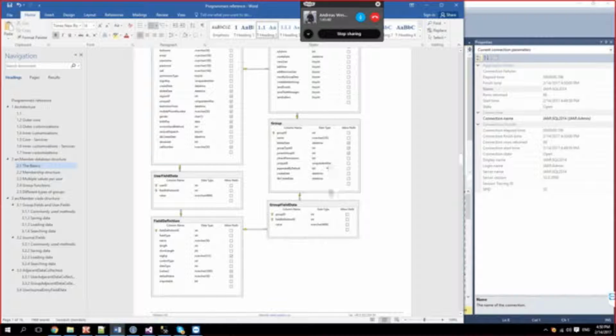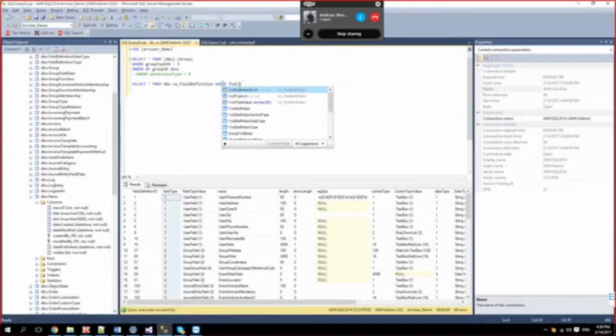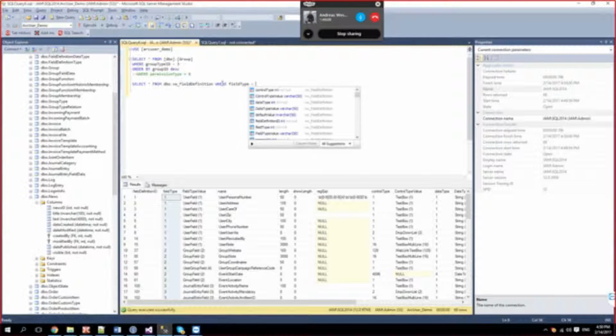So we're looking at the groups, and we have this group field data. The group field data is related to field definition. Okay. So these are all the field definitions that are in this database. We can filter them by saying that we only want the ones that are relative to groups. The one with 2 over there. Field type equals 2.